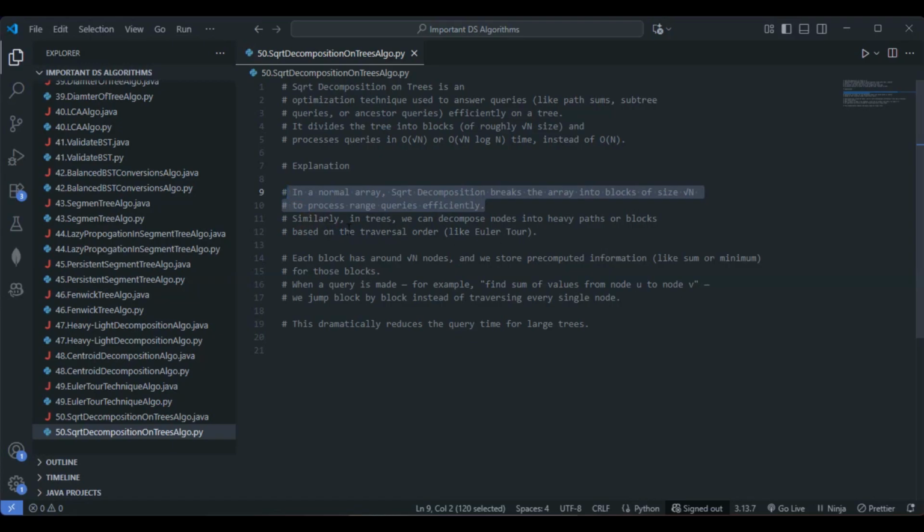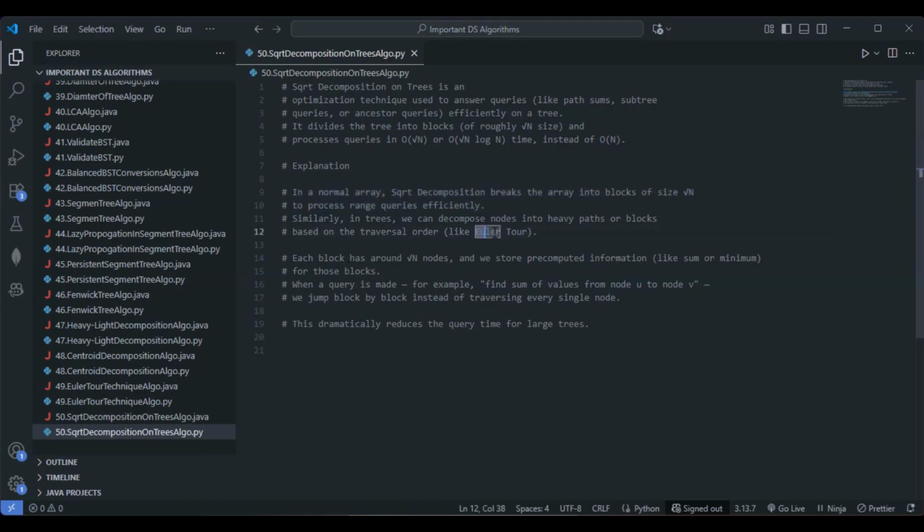Usually for breaking into blocks, we go with decomposition itself. In trees we can decompose nodes into heavy paths or blocks